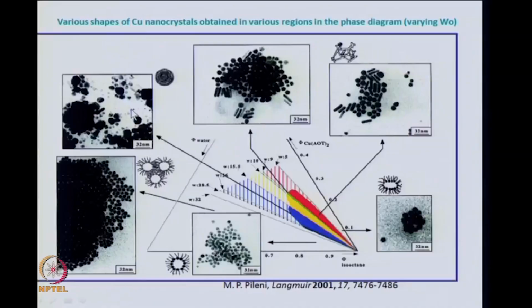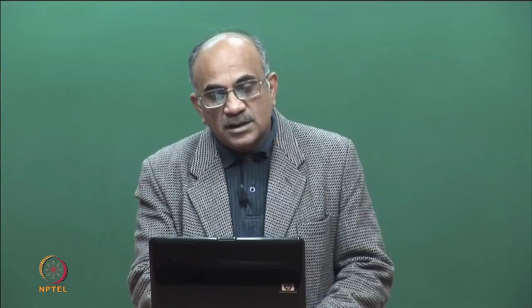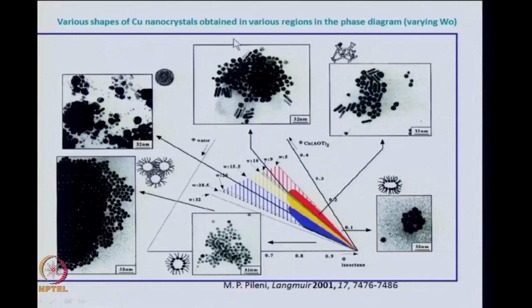So, this is another example of how using different W naught parameters. This is for copper nanocrystals. We were showing in the earlier slides copper oxalate or nickel oxalate, these kind of nanostructures. This is a slide where you see just copper nanocrystals with varying W naught, and you see different types of